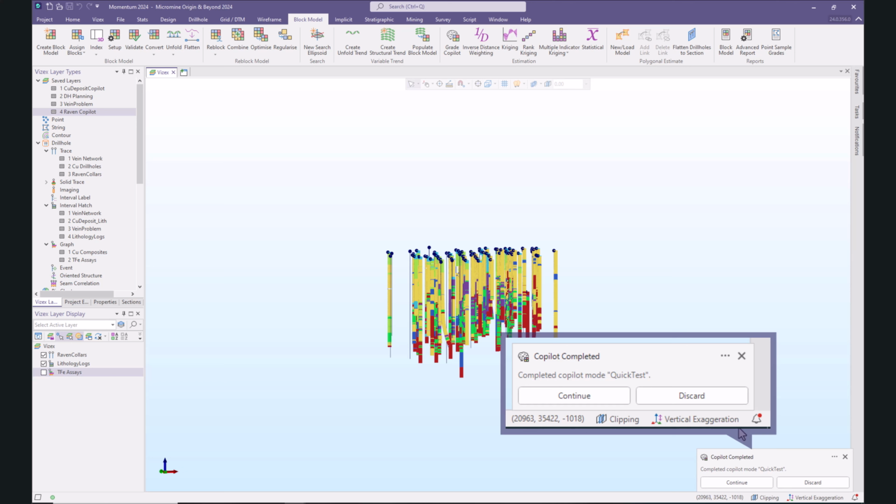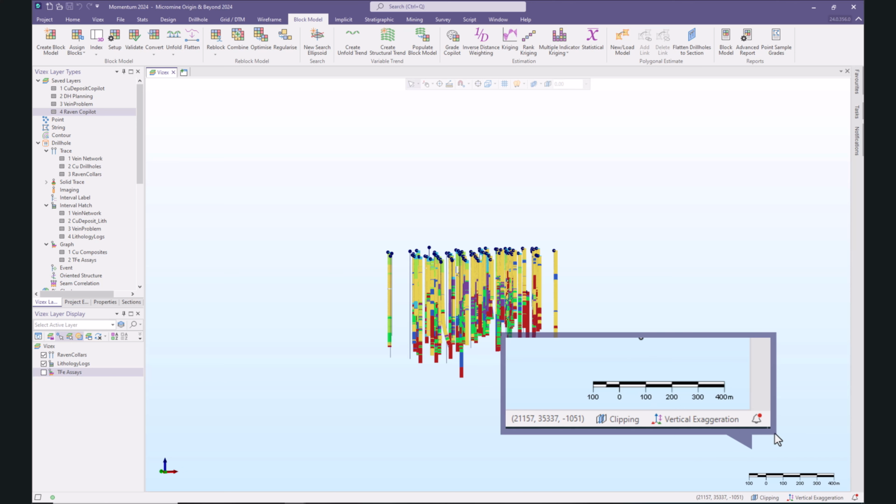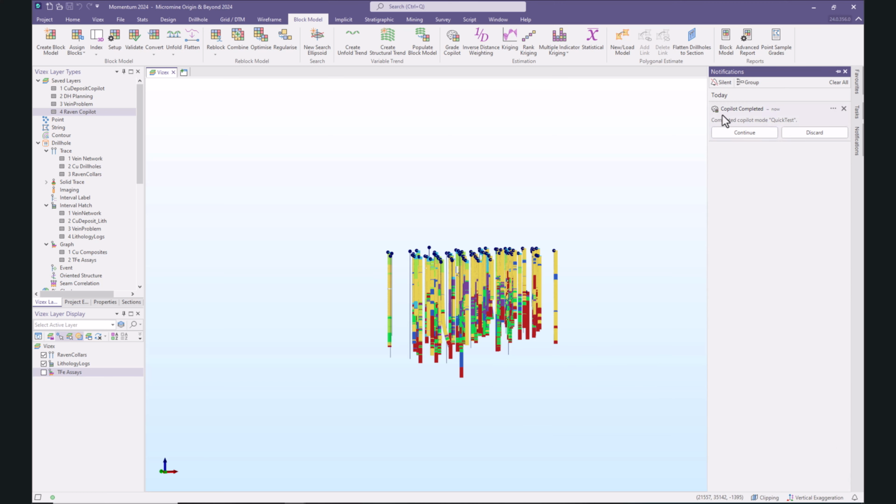If I happen to be away from my computer and that had closed, I can see that the model is finished because I've got a little red dot next to this notification bell. If I open that, it tells me what my notification is, and it says your quick test model has completed. Do you want to continue? So I click on continue,